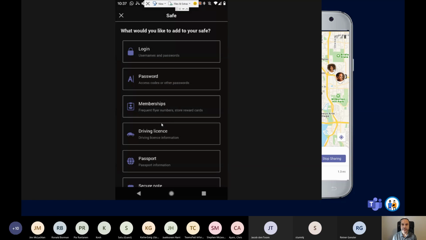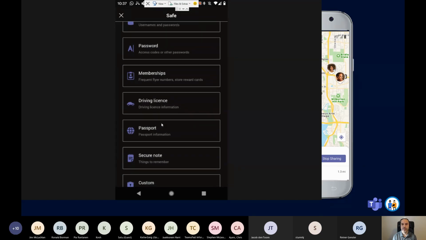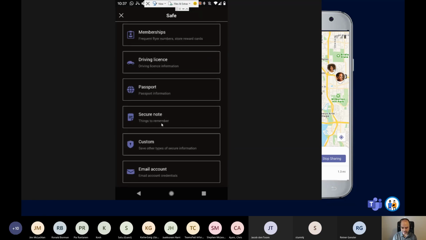So now I can say I want to add. What do I want to add into my safe? So I can do login credentials. I can do passwords that may or may not be specific to a login. Maybe there's some frequent flyer number or membership information, driver's license, other types of accounts, all this information that a lot of people have to carry cards for, that today you may not need to actually have a physical card. You just need to have a number available. You can actually start storing this information inside of your safe so that if ever you're caught without your wallet or you need something that is not readily available, you can actually access it directly from here.